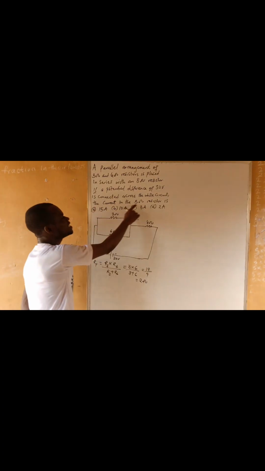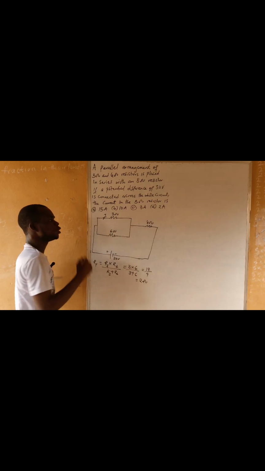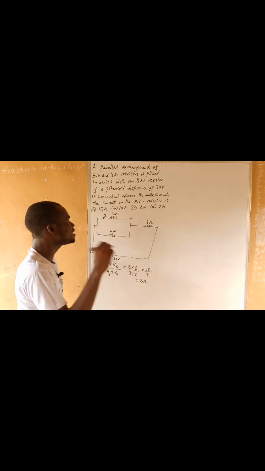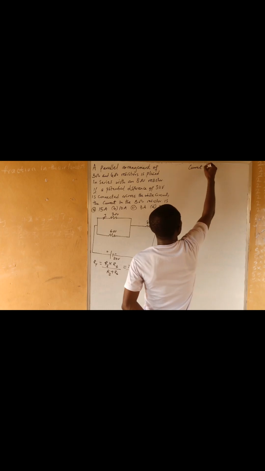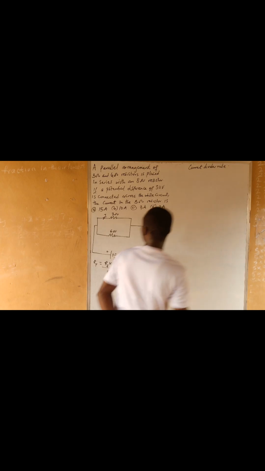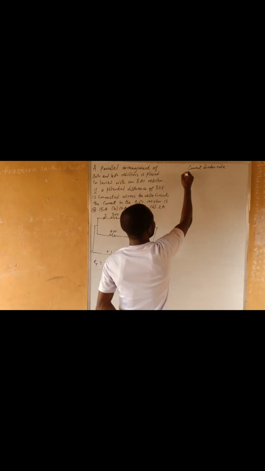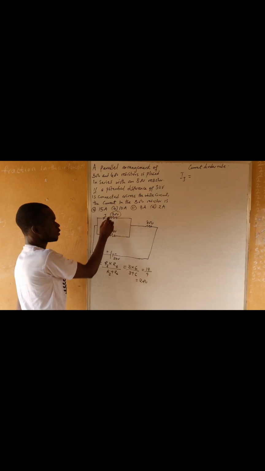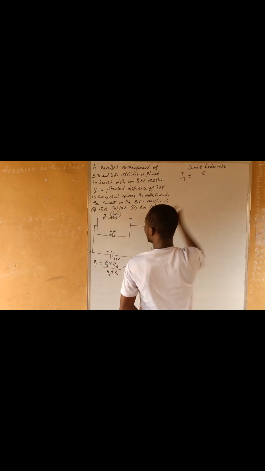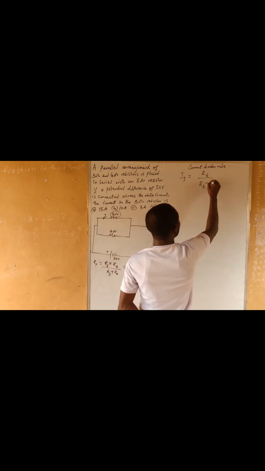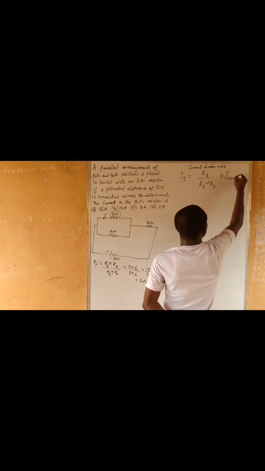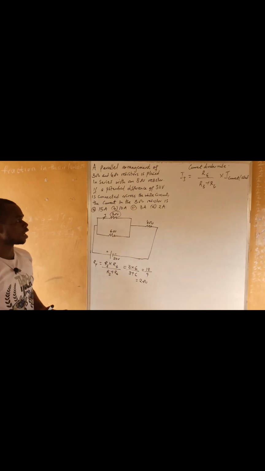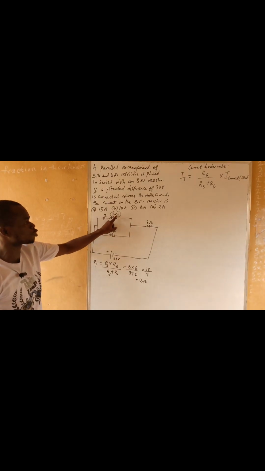But remember the question. They asked us to find the current in the 3 ohms resistor. Now this is the current flowing through this 3 ohms resistor. How do I find the current flowing through this 3 ohms resistor? I need to use what we call the current divider rule. So I want to calculate the current flowing through this 3 ohms resistor, and that will give me I3 equals R6 over R3 plus R6 times the total current. Let me say this is the total current. This is a current divider rule because I want to calculate the amount of current that flows through the 3 ohms